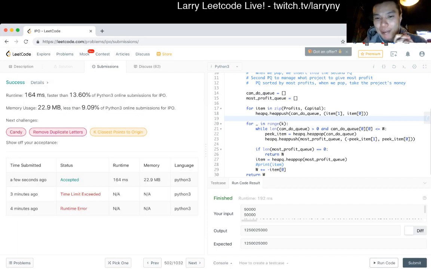So I think the main point here is, one, as a viewer pointed out, be familiar with the library. I think this is actually a very reasonable interview question. There's only two. You take one very basic data structure, the priority queue, and then use it in a creative way by using two of them. So I could definitely see this in an interview.